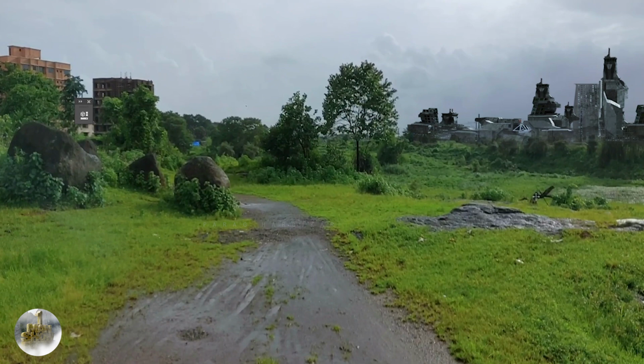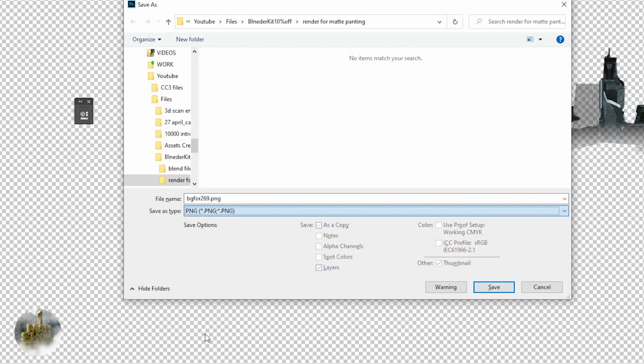Once done with it, then I turn off the background layer and exported it as a PNG.